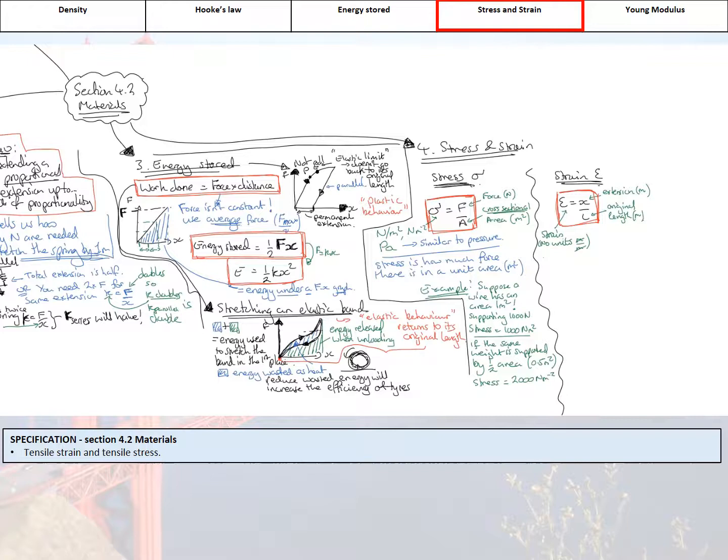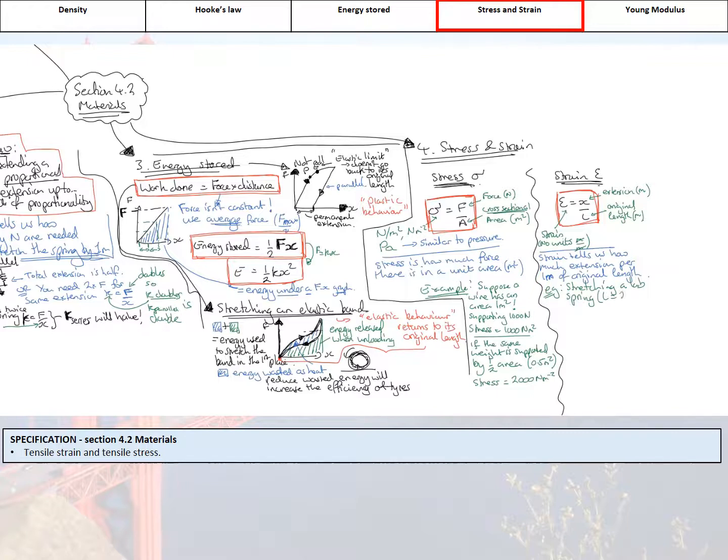So what does it tell us? Strain tells us how much extension we get per meter of original length. And again, we need an example really, e.g. stretching a laboratory spring,